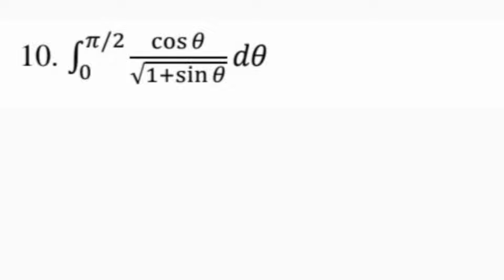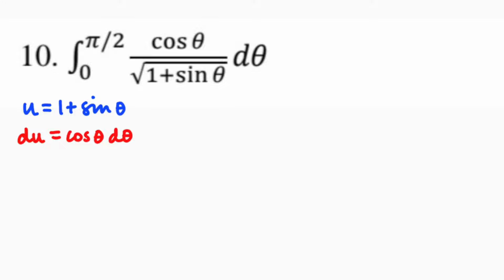So we're going to let u equal this inside of the square root, 1 plus sine theta. So the derivative of u would be cosine theta, so du is cosine theta d theta. That's perfectly what I've got. I'm going to make that substitution. I'm going to have the antiderivative of 1 over the square root of u du, which I've done a couple of times recently,